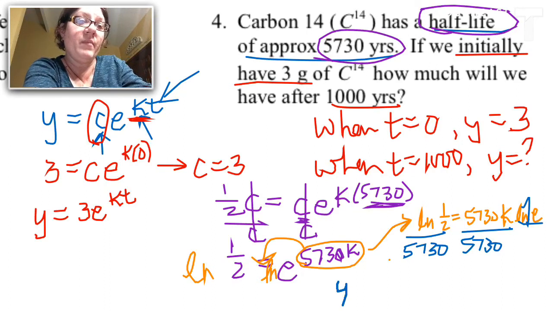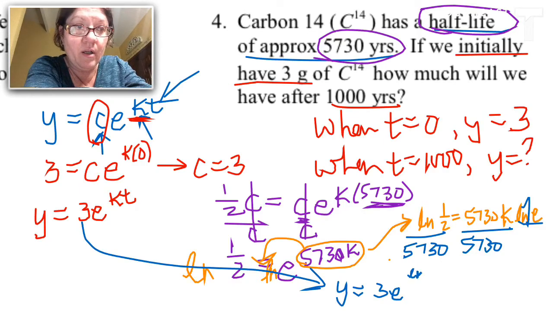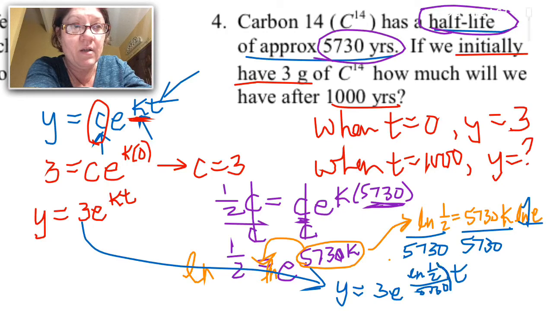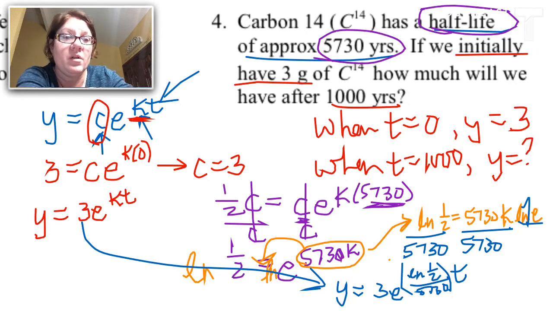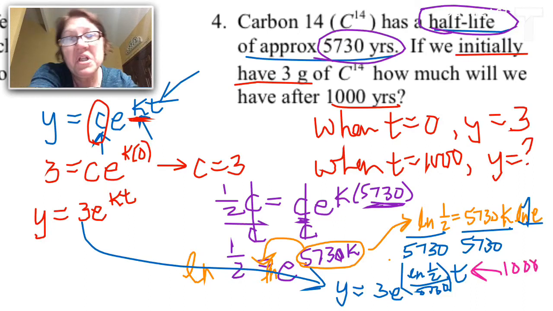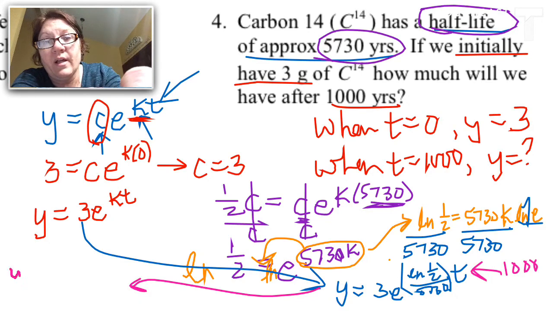And so now I have my formula, which is 3. Remember, that's what my c value was. And then e to the natural log of 1/2 over 5,730 t. And so now if I want to know how much I have after 1,000 years, all I have to do is plug in 1,000. And I'm just going to guess you probably want to use a calculator. And I end up with